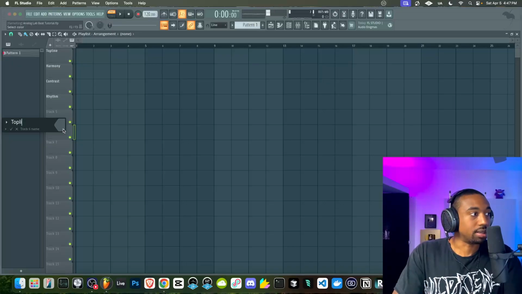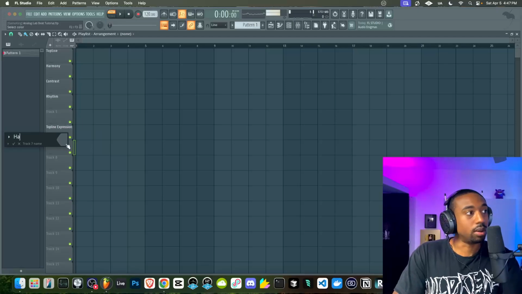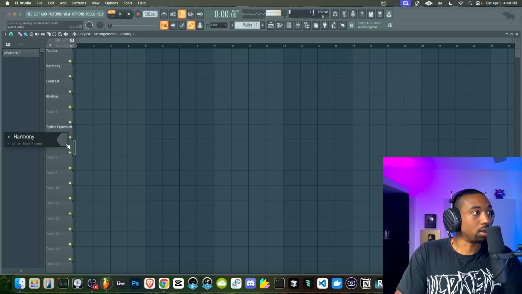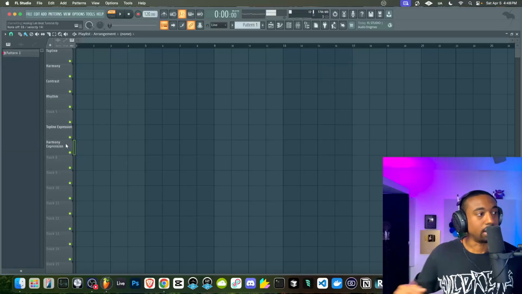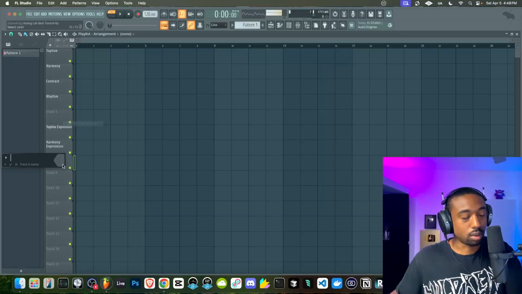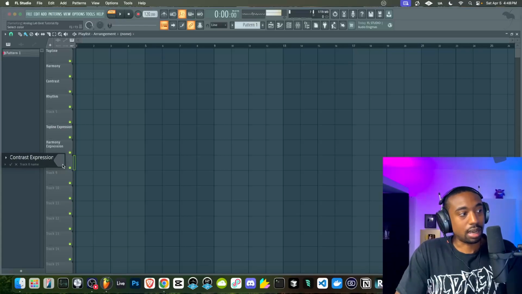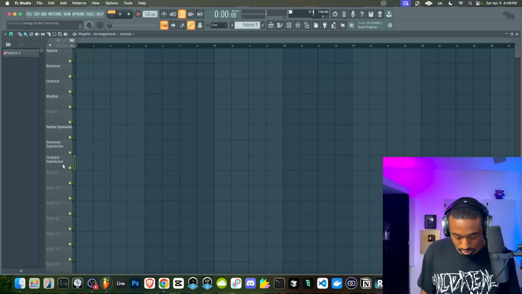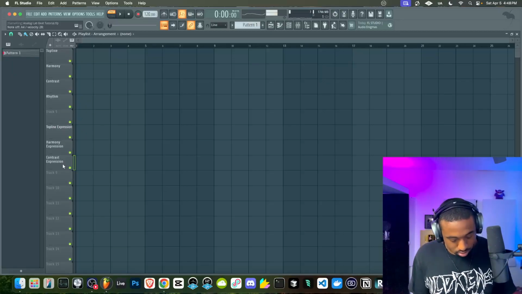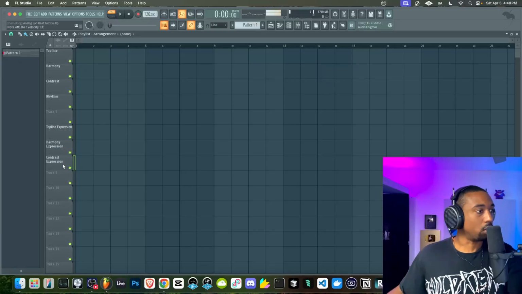You also have what are called the expression layers. So you have the top line expression, you have the harmony expression. So what does that mean? It may mean that you play the chords more animated or with pitch bends like this. I forgot that's a mono sound, so we're not going to be able to play it as a chord, but for the contrast expression, you might do 808 slides, stuff like this. Even though this isn't a slide, we're just going down the scale. Stuff like that. Just stuff that's not the normal.